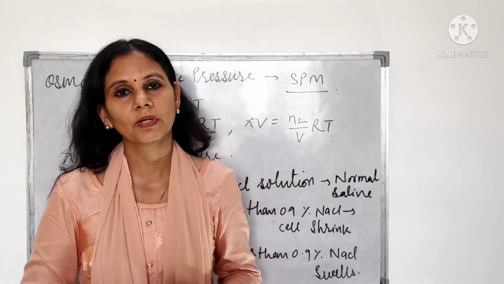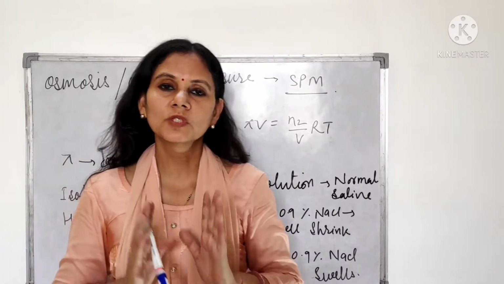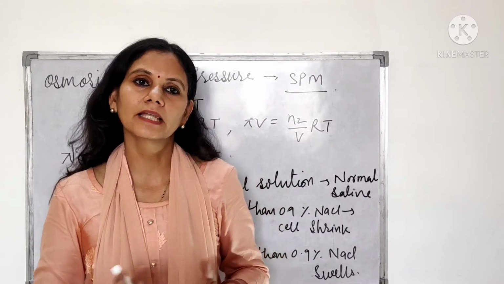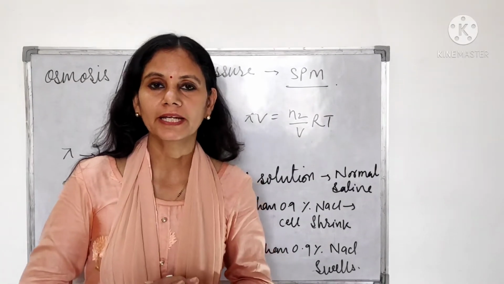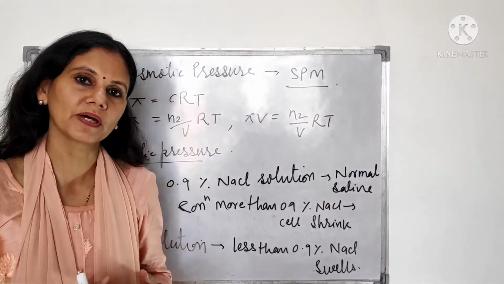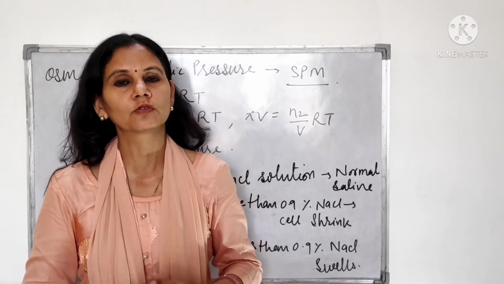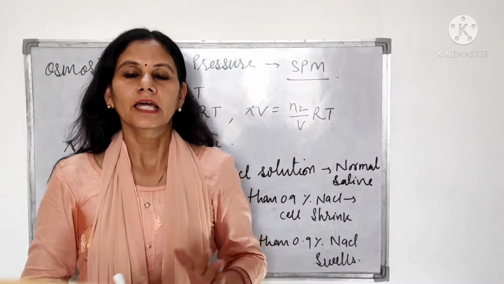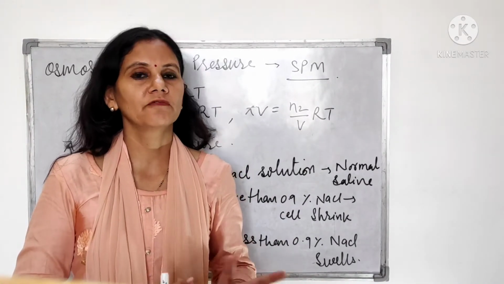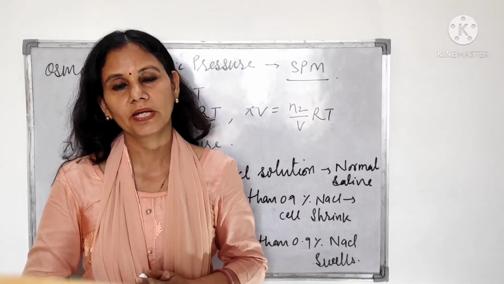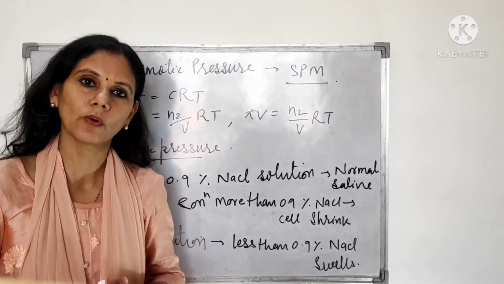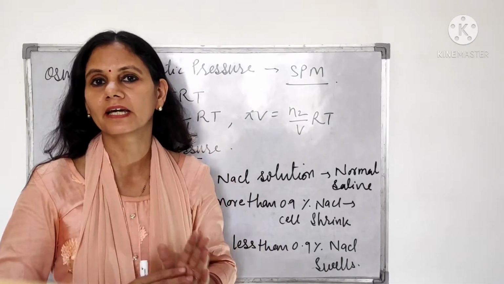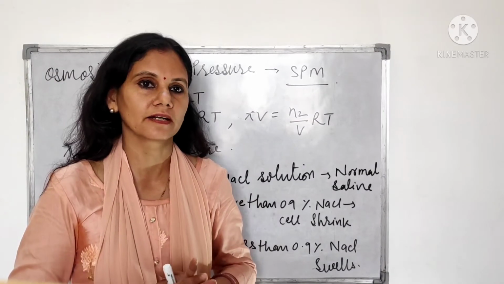So why is it called semi-permeable? Because it allows only some smaller particles to move in and out, but bigger particles cannot move in and out through its surface. So SPM is a semi-permeable membrane. It is not allowing all the molecules to pass in and out, so it is called a semi-permeable membrane. Osmosis is different from diffusion. In diffusion, there is no need of a semi-permeable membrane, but here a semi-permeable membrane is required, such as the cell membrane. It allows some molecules to enter and some to move out according to the concentration.